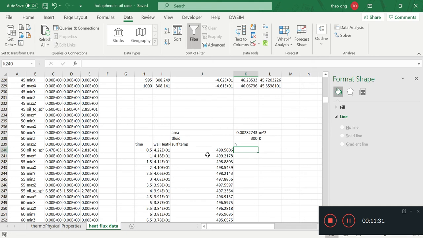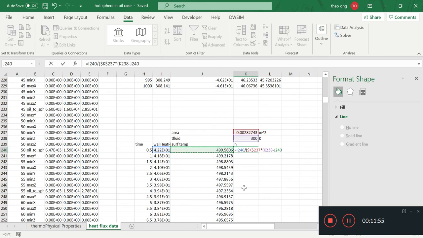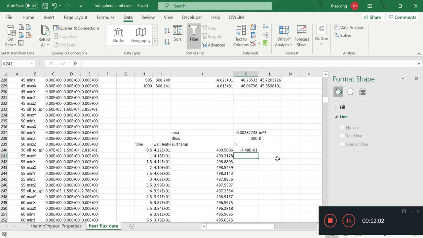Now if I want to calculate the heat transfer coefficient, again very simple. I take the wall heat flux integrated divided by the area. So I put F4 to actually lock the cell. Then I put TF minus TS. Again, for TF I need to lock using F4, and I'll close both brackets, and then I'll get a negative